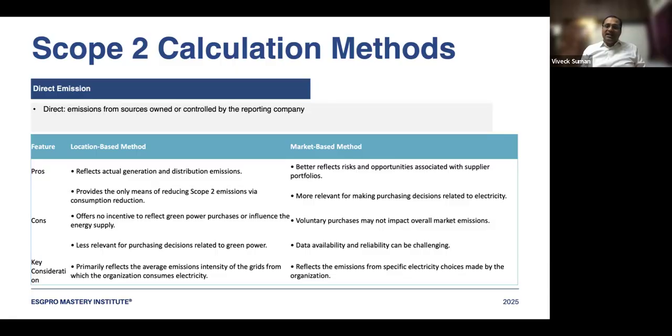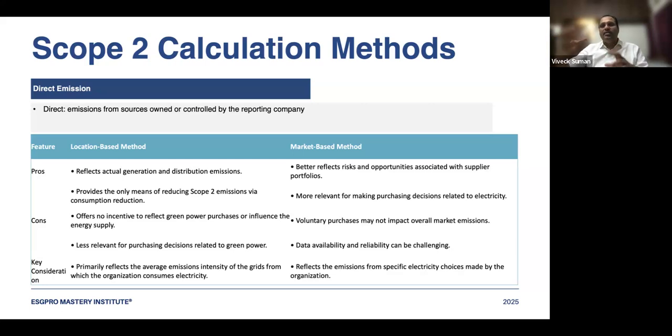Whoever is supplying you the electricity, if you are using market based data, then you are only looking into their risk and opportunity rather than the actual calculation part. क्योंकि आप market based use कर रहे हो, right? आप कितना price चल रहा है, price पे decide कर रहे हो कि हमारा कितना emission हुआ. So if market based data is there, it is based on risk and opportunity associated with the supplier portfolio, because